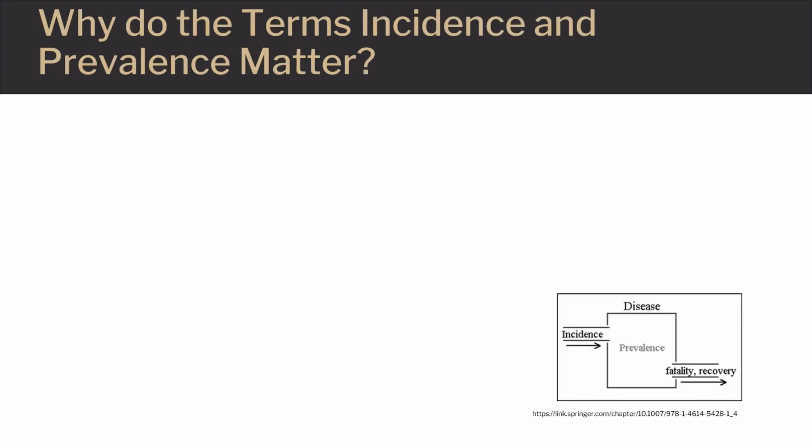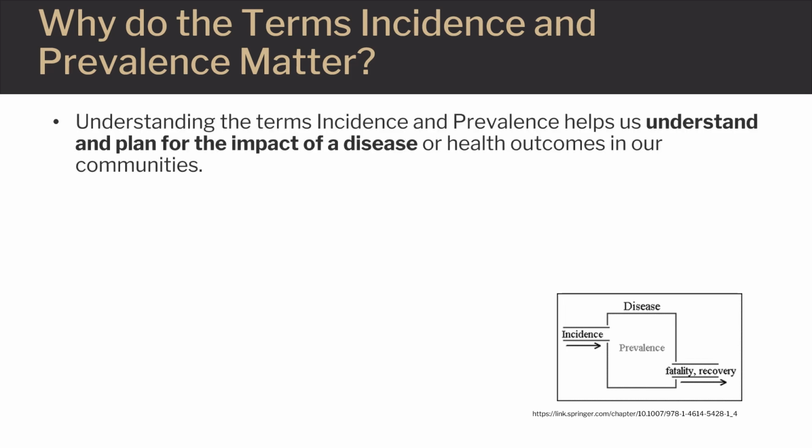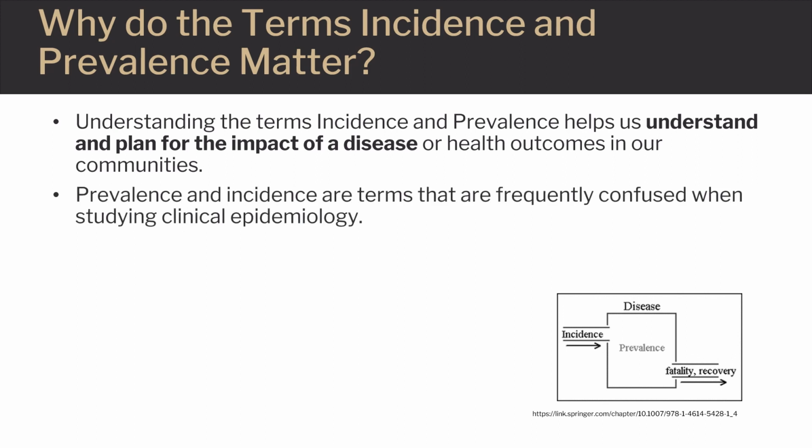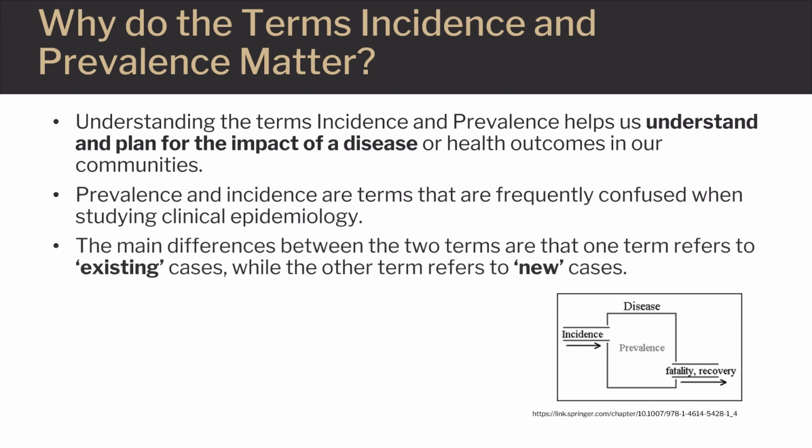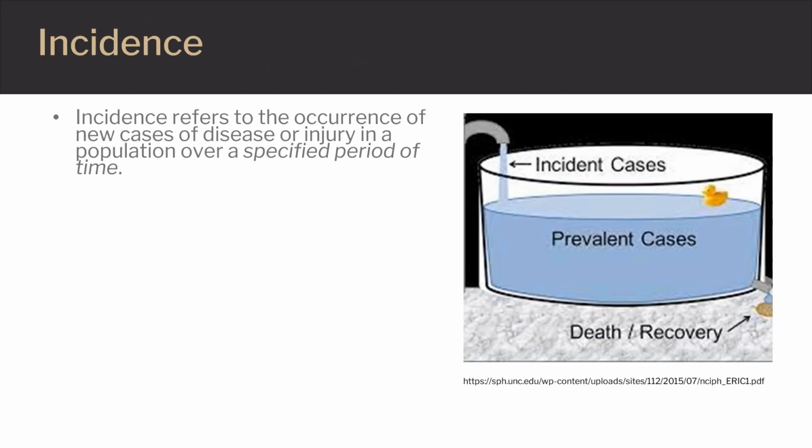Incidence and prevalence are important epidemiologic terms that help us understand and quantify diseases in populations. The term incidence refers to new cases of disease in populations, while prevalence refers to existing cases in populations. Incidence refers to the occurrence of new cases of disease or injury in a population over a specified period of